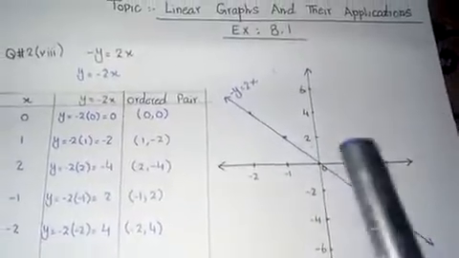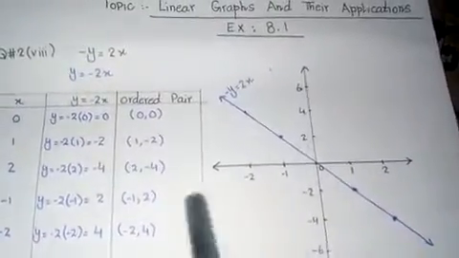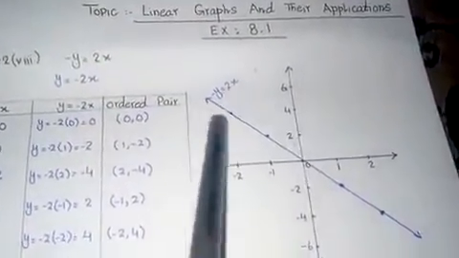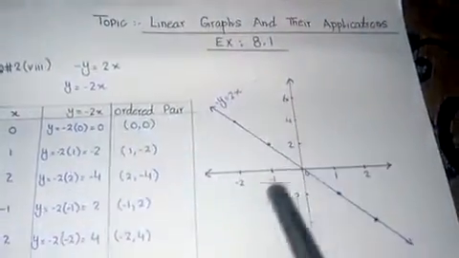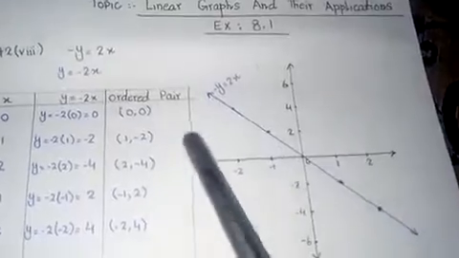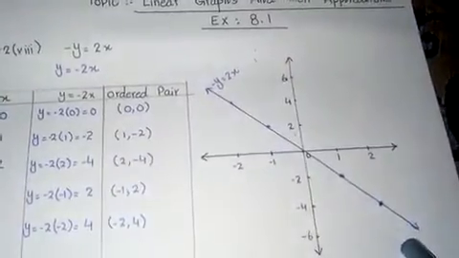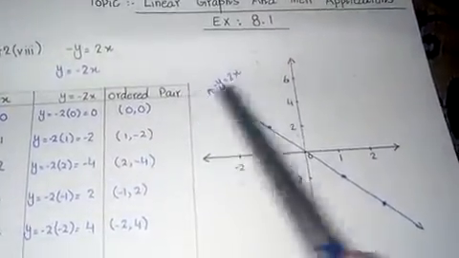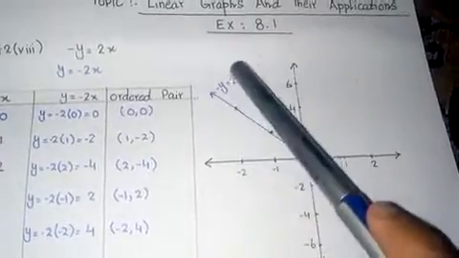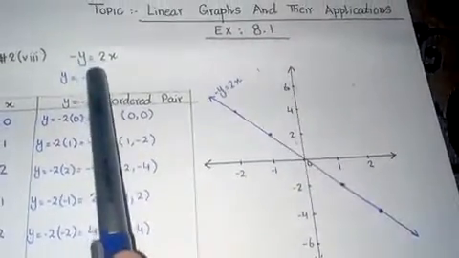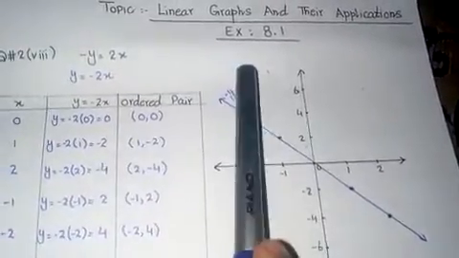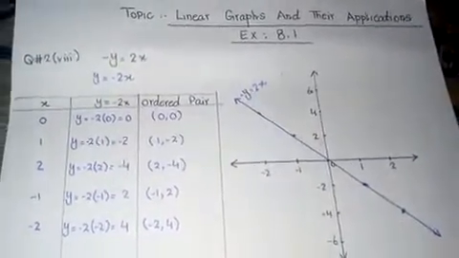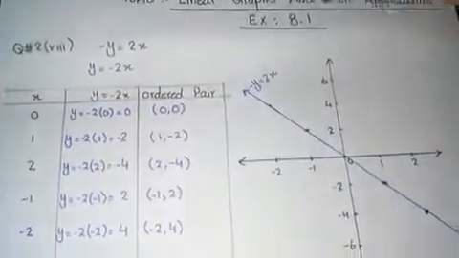I have told you linear means straight line. So every graph we draw will be a straight line because we are studying linear graphs. Clear? At the end, as this is a line, we will put arrowheads on both sides and write the equation which is given in the question. Clear? This makes it visible that this is the graph of this equation. I hope the basic concepts of graphs are clear to you.